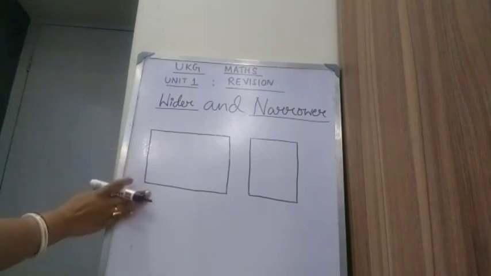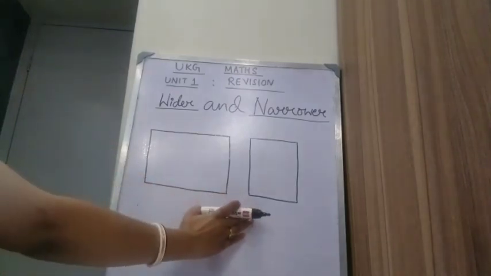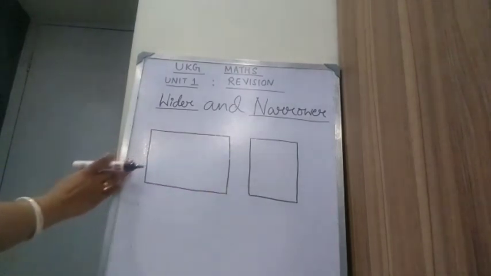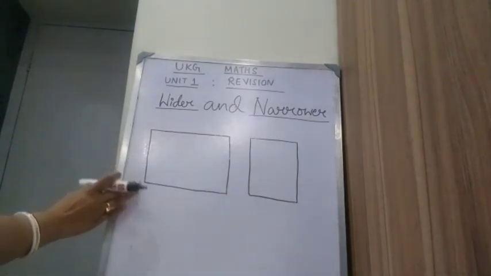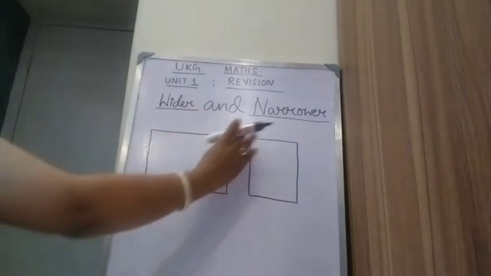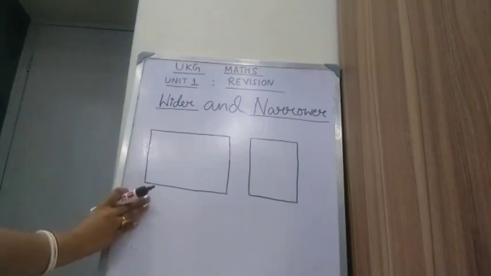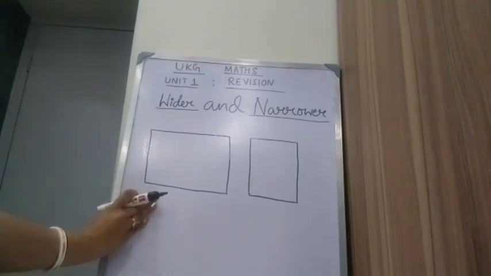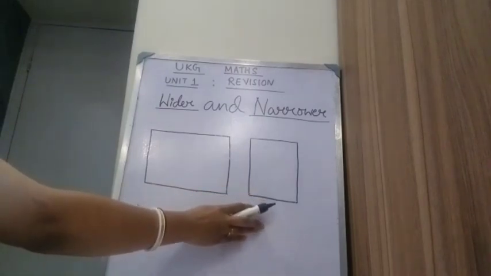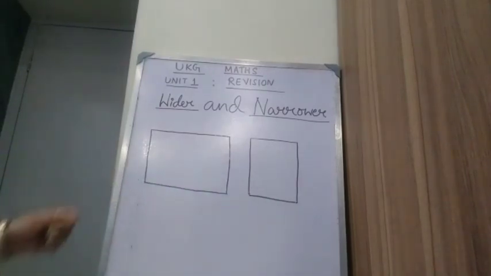Then one of this is wider and the other one is narrower. I repeat, when we have two things that are not equal in sides, okay, so one of these is wider and the other one is the narrower one. Okay, now see,